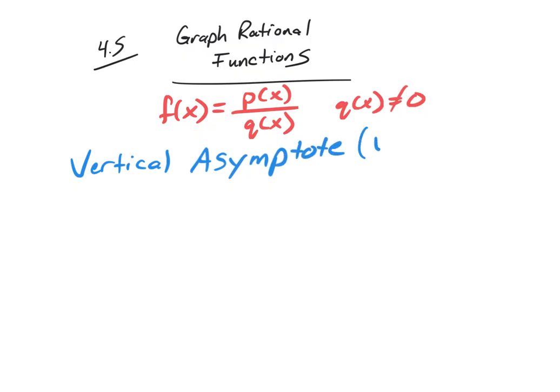And so from here on out, I'm just going to write VA instead of vertical asymptote every time. And obviously I'm okay if you do that too. I'd probably encourage you to do that because you probably don't want to write out vertical asymptote every time you do it. Now the vertical asymptote, to find it, what we're always going to do is set the denominator